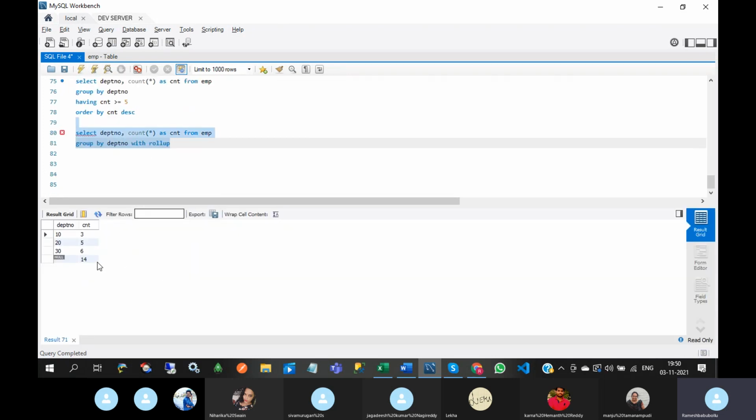See this. It will generate the totals and subtotals. Total 14. So 3 plus 5, 8 plus 6, 14. Okay. And this is the total. So you can have subtotals also.